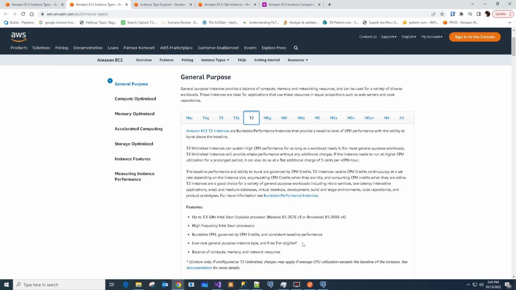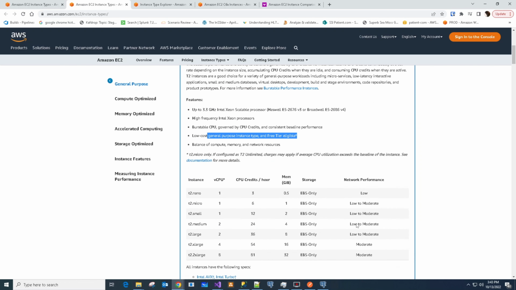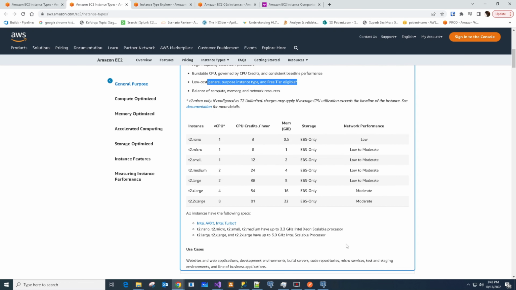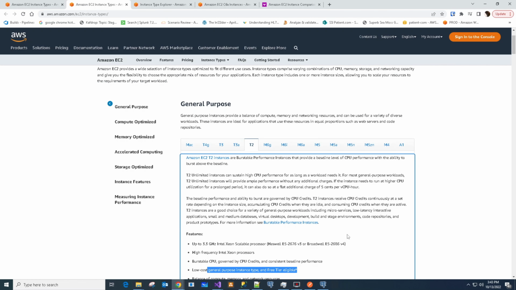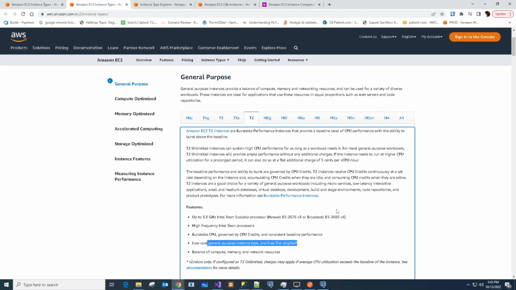You can see that down here, low cost general purpose. So if you're just spinning up a quick POC and you don't need the instance to be on the full time, if you're just using it for connecting to your server, or you can use it as a web server or whatever, this would probably be ideal for that. Just getting your feet wet with the